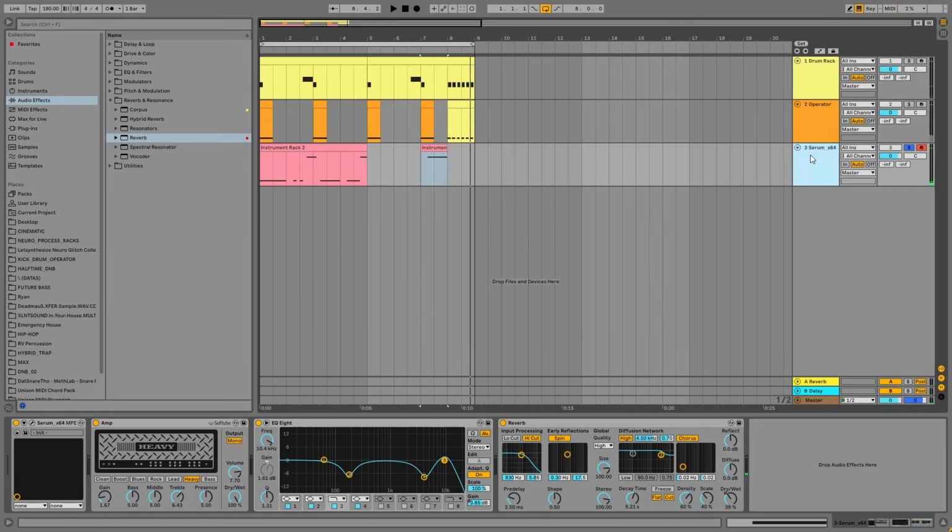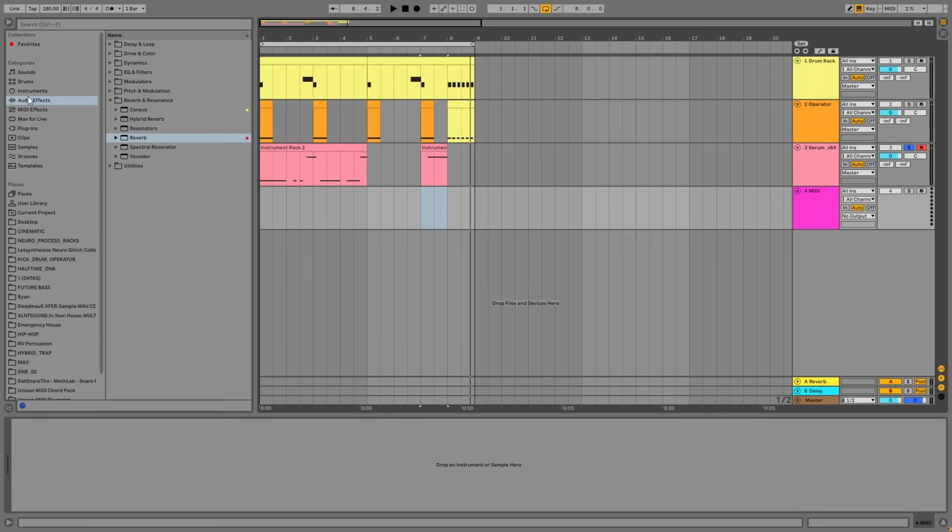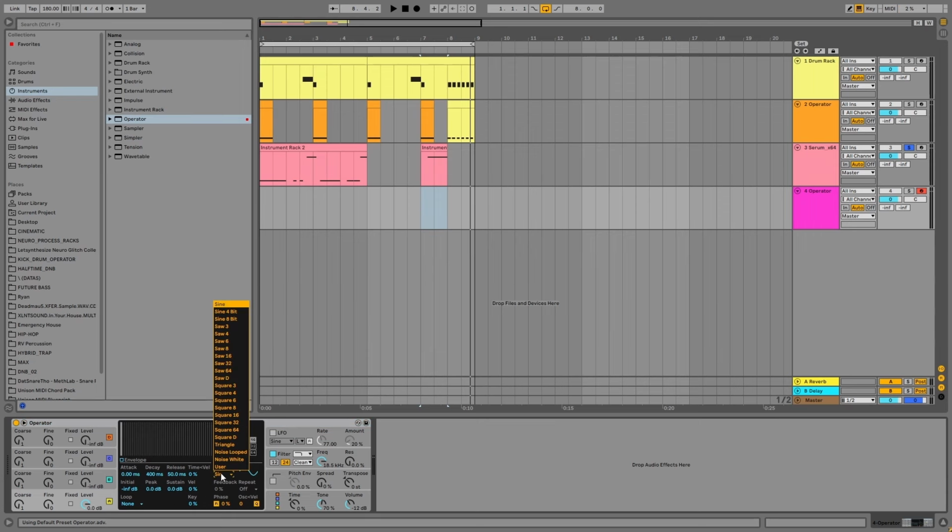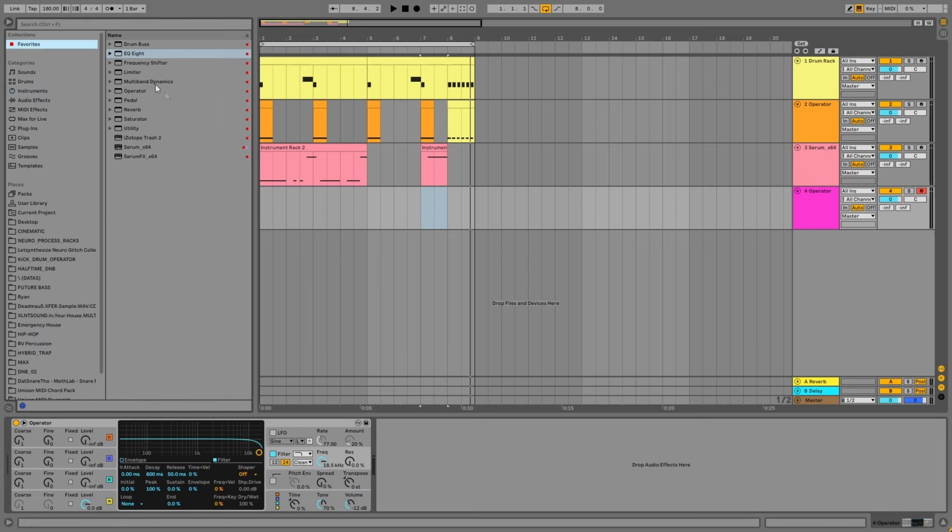Cool. Okay, so next I want to add an operator, and you know, you can use Serum too, but basically we just need a white noise. So this is how it sounds now. In the filter, let's use 0 on the key follow. Yeah, that's it. So basically what we need to do here is apply an EQ8